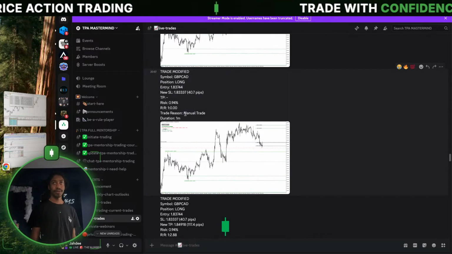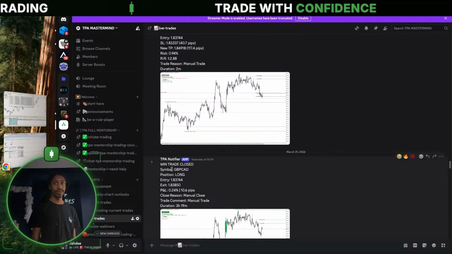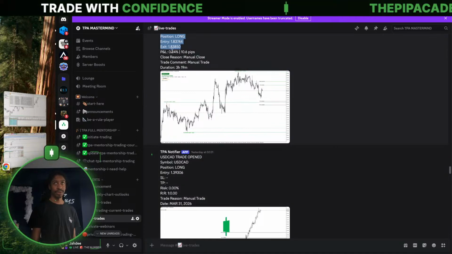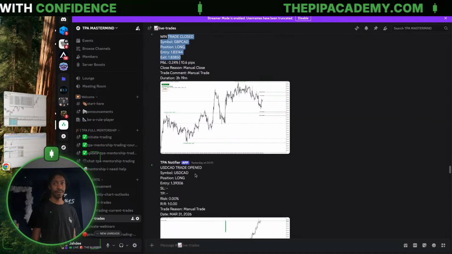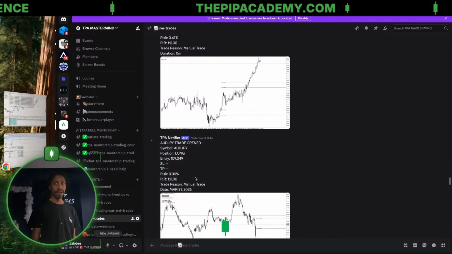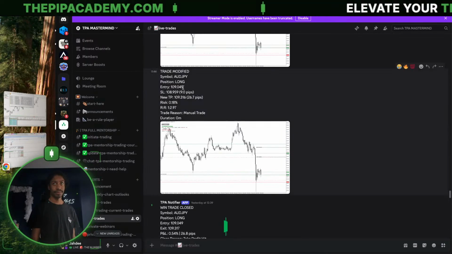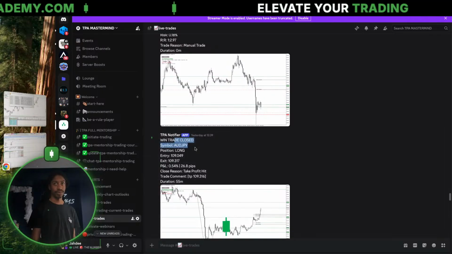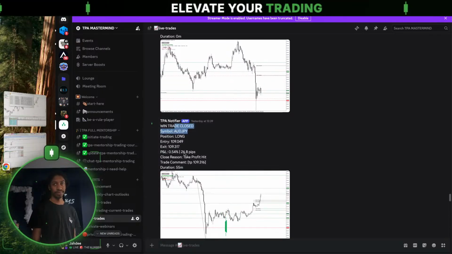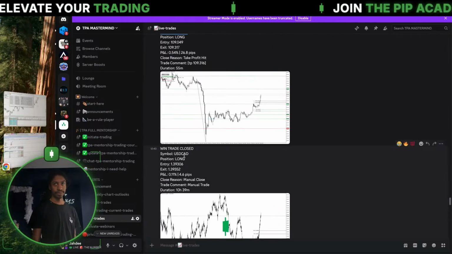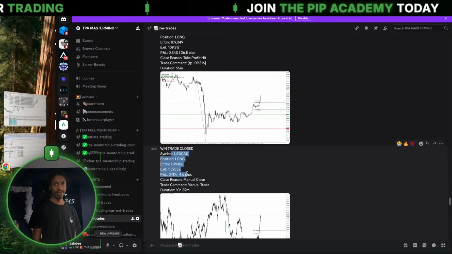So for trades closed, we have 1, which is a small win. Then we have 2, which is another smallish win. And we have 3,